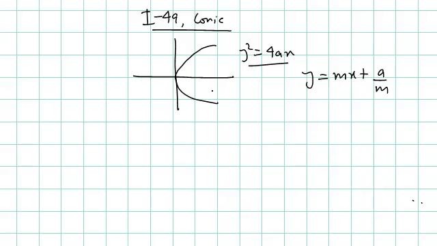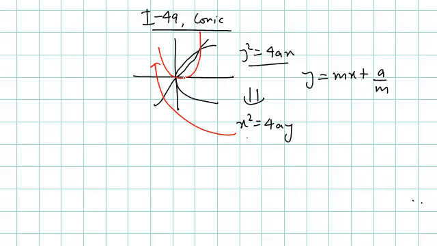Now if I change this parabola to this parabola, x square equal to 4ay, that is, I have replaced x by y and y by x. In this parabola I have replaced y by x and x by y, and you know, when you replace x by y and y by x, the curve gets reflected about the y equal to x line. So this parabola, the red parabola, is the one that is reflected about the y equal to x line.